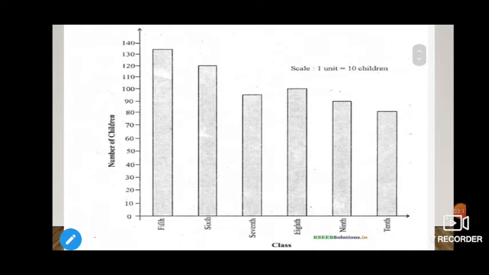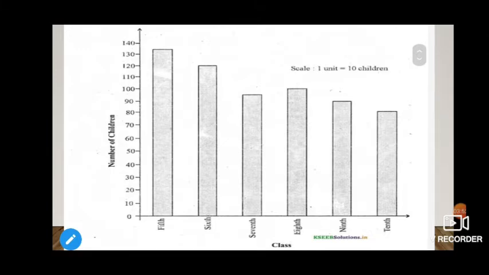So children, first draw a vertical line and a horizontal line, and then on the vertical line take 1 centimeter as 1 unit and mark it as 0, 10, 20, 30, 40, 50, 60 like that till 140. Next, on the horizontal line take the bar width, like a 1 centimeter bar, and again leave 1 centimeter as a gap, or else 1.5 or 2 centimeters as a gap based on your choice. Like that you leave the gap.